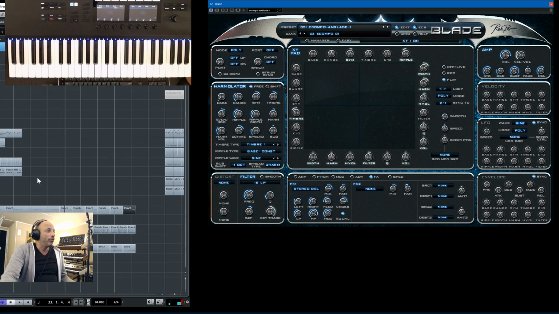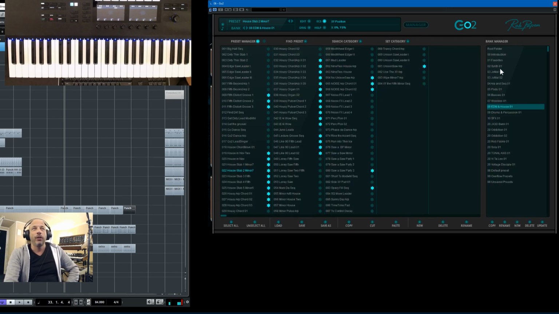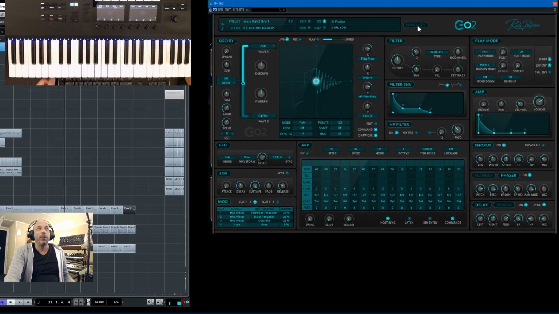Okay, so now let's go to some other products. For instance, Go-To, you see here it has also the XY, only the XY. It has not the amount controls around it directly, but it has two default ones which control the morphing between one and the other waveform. And you can have here a few targets which you could use. But for instance, if you own Go-To, you can go to the manager, of course. There you see we have some pet sounds, of course, it would be very easy to go to a pet sound to make an ambient sound. But maybe you hear some,